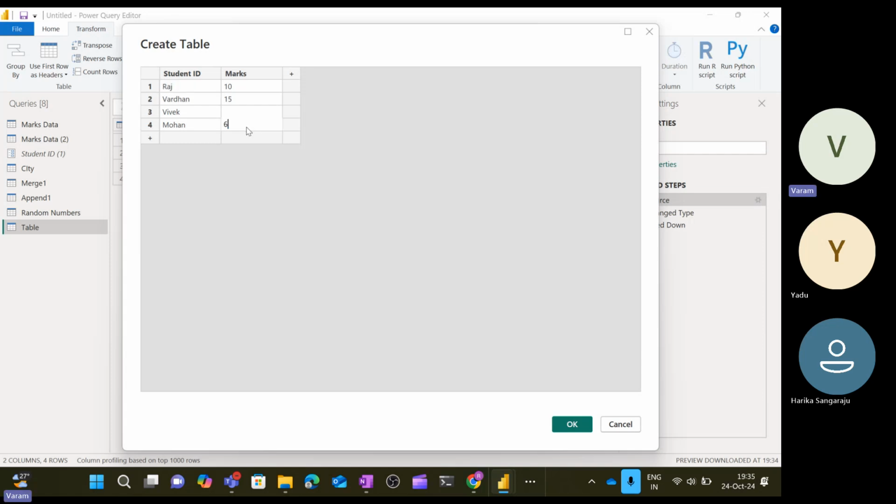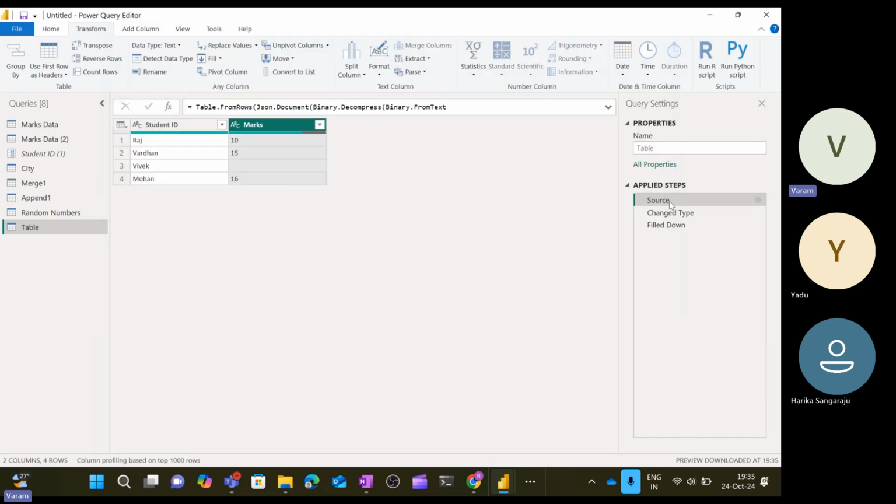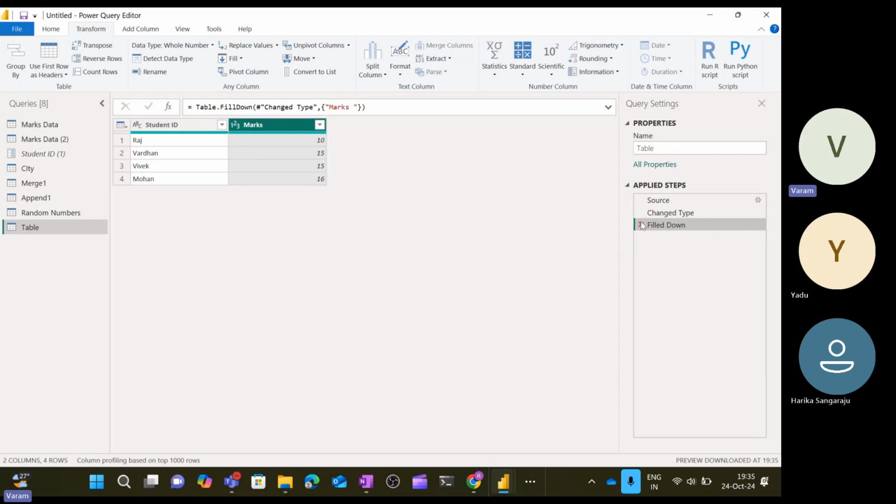The same number, that is 16. Yeah, I just want to change it. I don't want to keep the top and bottom as zeros. If I go here, fill down and fill up. Two values are there. If I fill down, it means this top value will fill to the down. 15 will automatically go down to the blank value. Or else, if I remove that and fill up,